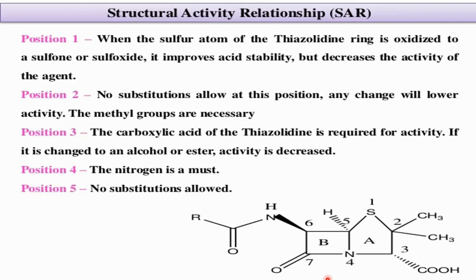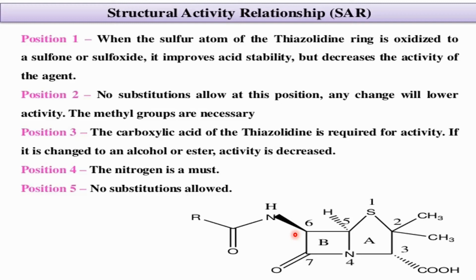Basically, if the beta-lactamase enzyme acts on this penicillin derivative, it will open this bond and the activity will be completely lost. So if we substitute any heavy molecule at this position, it will cause steric hindrance, meaning it will obstruct the activity of the penicillinase enzyme, or prevent the molecule from being affected by the penicillinase enzyme. So any heavier substitution at this sixth position will protect the penicillin ring.